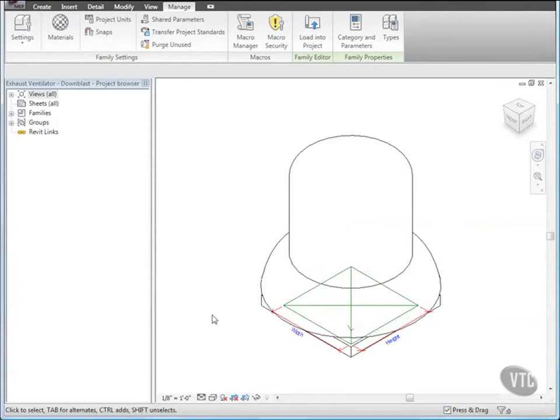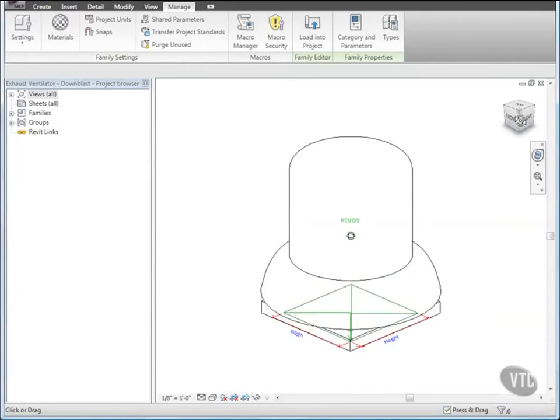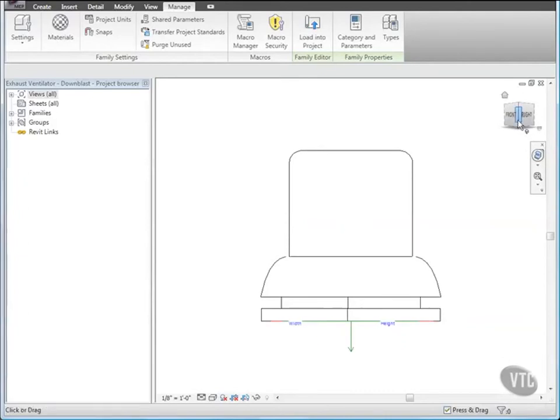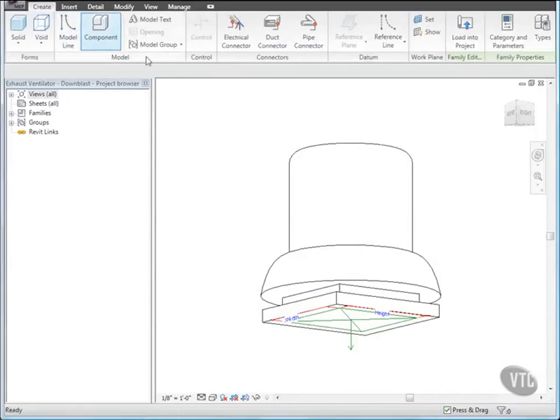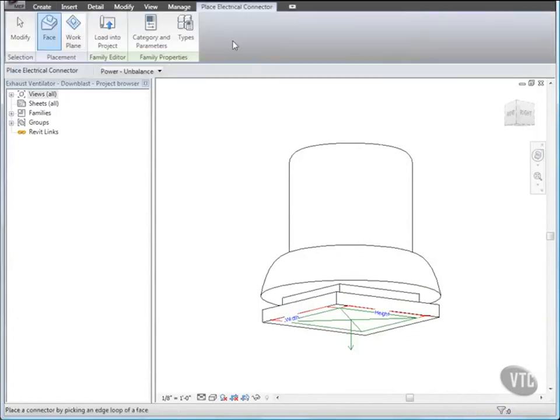Click and drag the view cube as shown to spin the view. And then from the Create tab's Connectors panel, click Electrical Connector. On the options bar, select Power Balanced. Then highlight the narrow face at the base of the fan housing by using the Tab key and click to place the connector on the center of the face. Then click Modify,